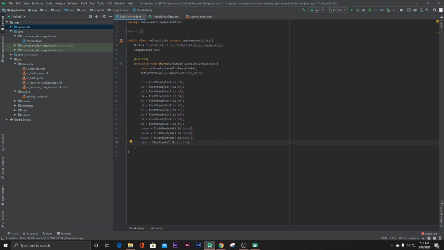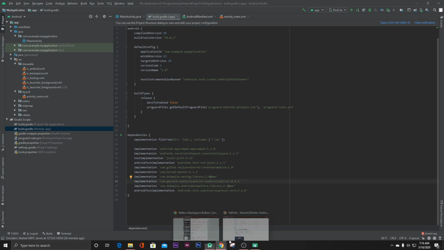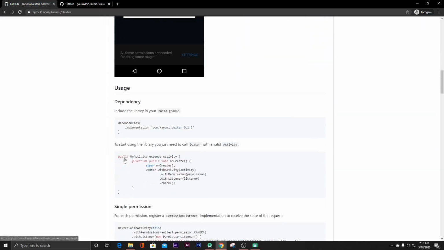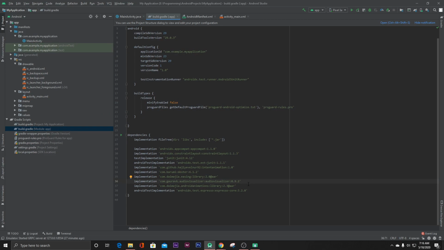Now go to main activity, and here we have to go to the build.gradle, and here we have to pass the Dexter. So here just copy this dependency and paste it here and click on sync now. Then close them all,